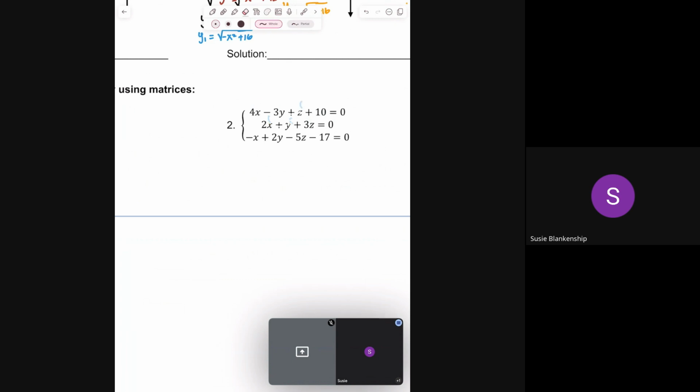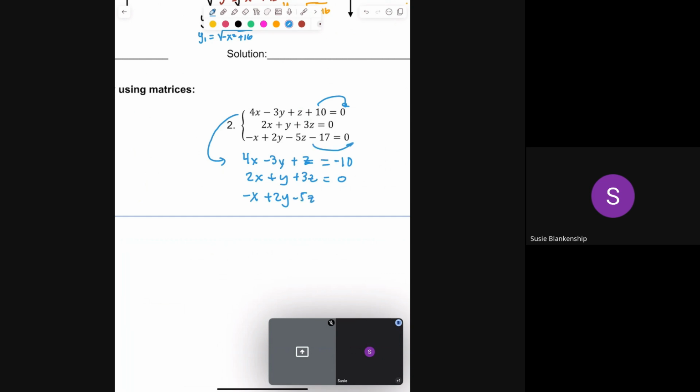So I'm going to rewrite the top row, and I'm going to rewrite it as 4x minus 3y plus z equals, and I move the 10 over there, minus 10. The second one stays the same. There's nothing to move over. It still equals 0. The last one, negative x plus 2y minus 5z, and move that over, gives me a positive 17. So when I go put that into my matrix,